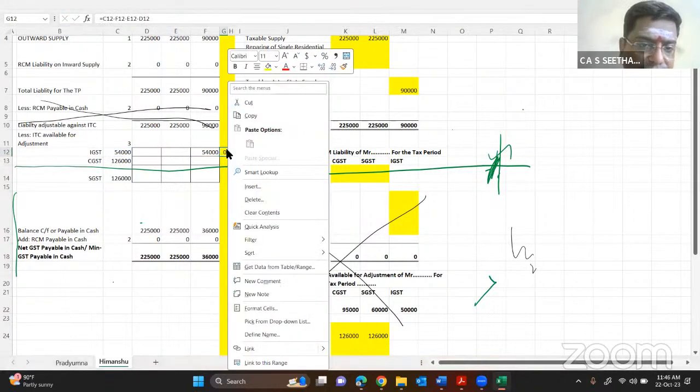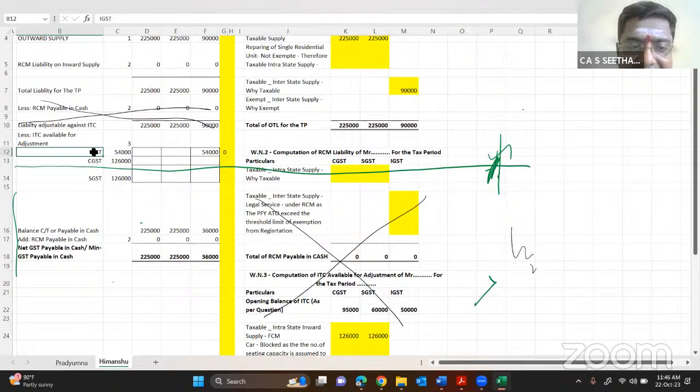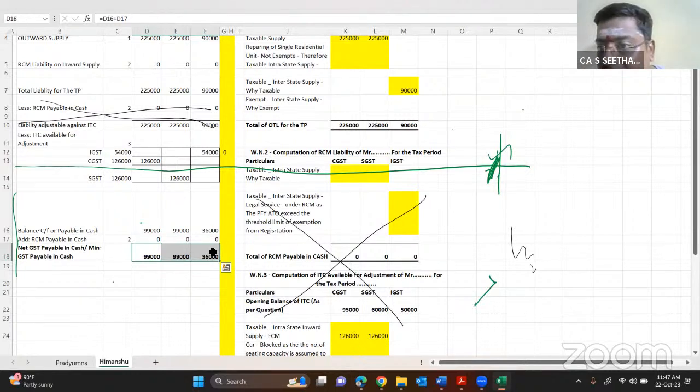So this has become 0. So now having IGST becomes 0. I can go for CGST and SGST. Guys, since the liability is more, first full is only towards the respective liability. The excess, if any, have to be taken for the others. So in this problem, it is going to be 99, 99, and 36.